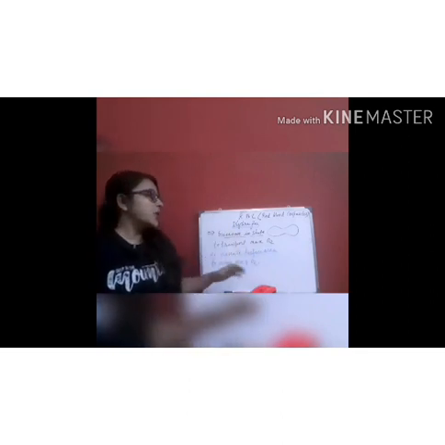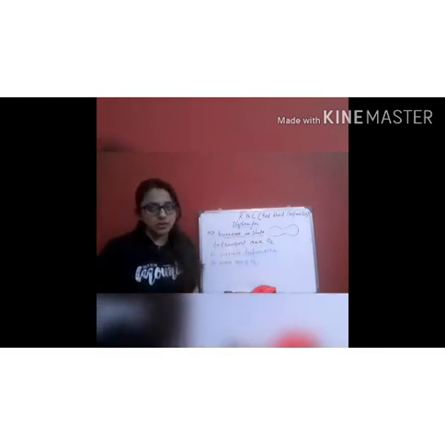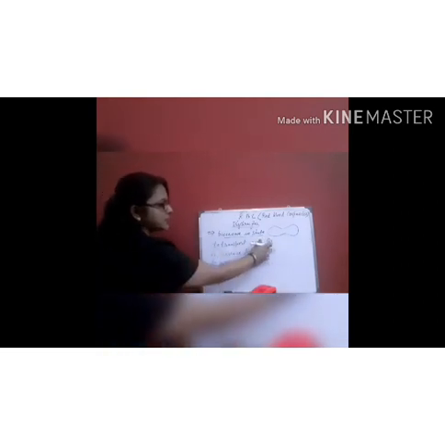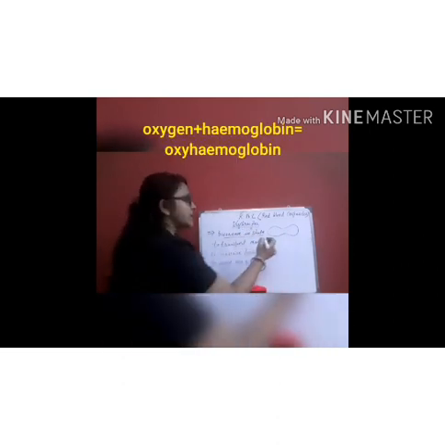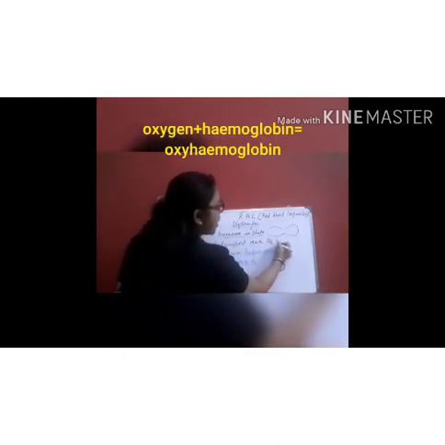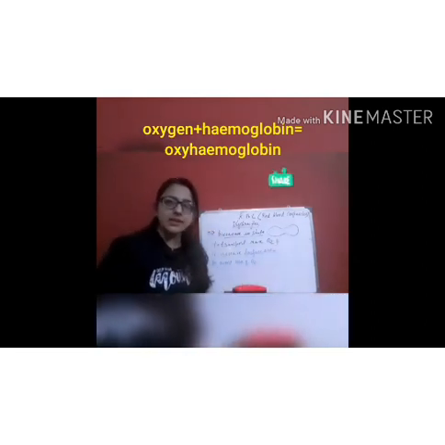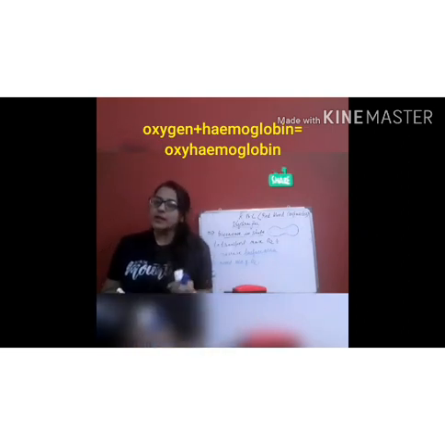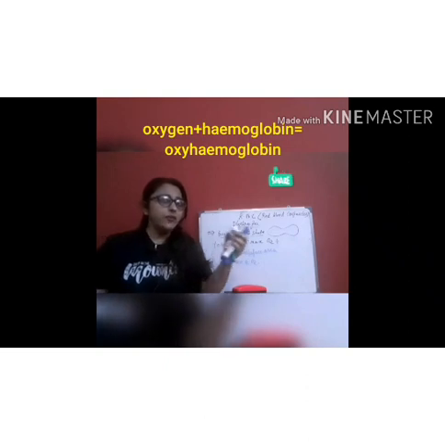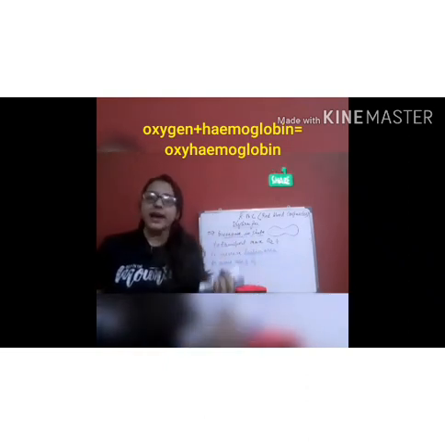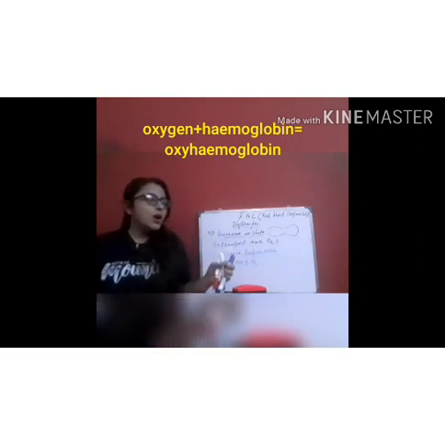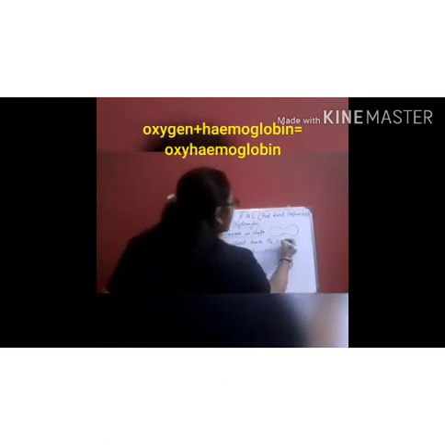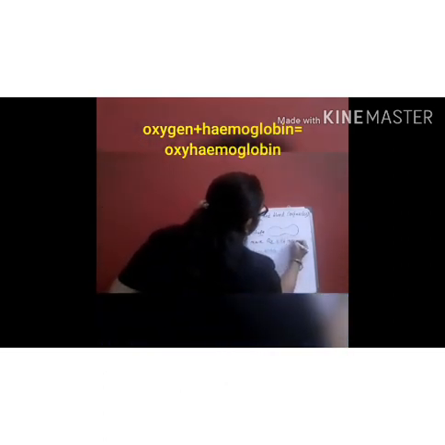Now this is about shape. The second point is that RBC transports oxygen. We know that oxygen is transported by RBC. We have already discussed how: RBC contains a special type of pigment, that is hemoglobin. Hemoglobin is composed of hemin and globin, and because of hemin, blood looks red in color. Hemin is iron actually, and globin is protein. Now when oxygen combines with hemoglobin, it forms oxyhemoglobin.